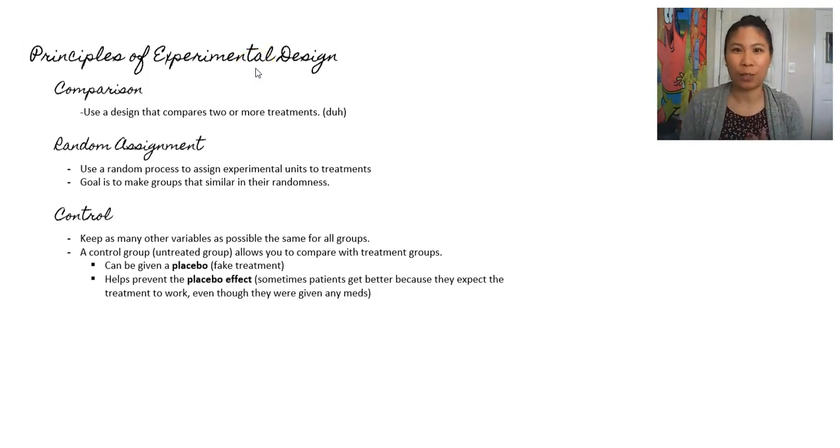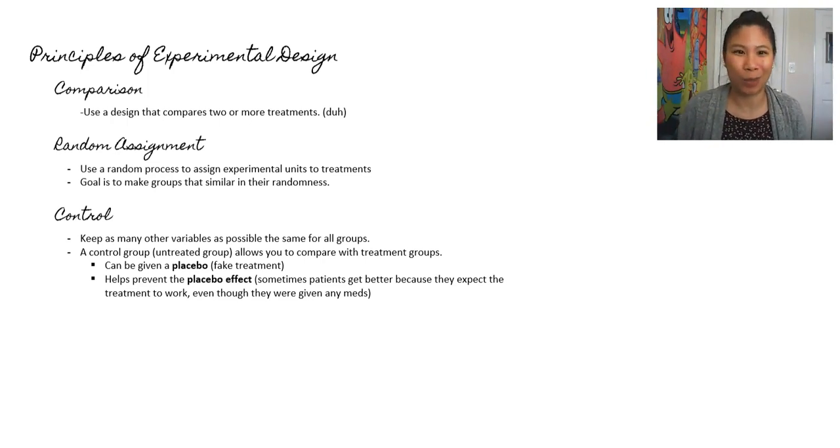The placebo effect is when you're giving them a placebo in this control group, but they still end up getting better, meaning that it was probably all in their heads, even without the drug, that they could still get better from this. As a mental thing, their high hopes actually help them feel better. This is called the placebo effect. We actually don't want this because then we can't tell if the drug is working or not,